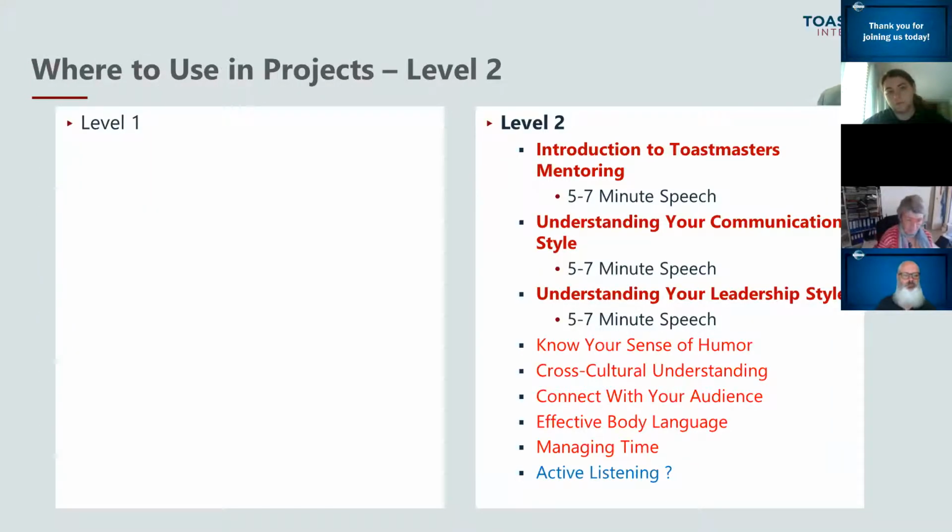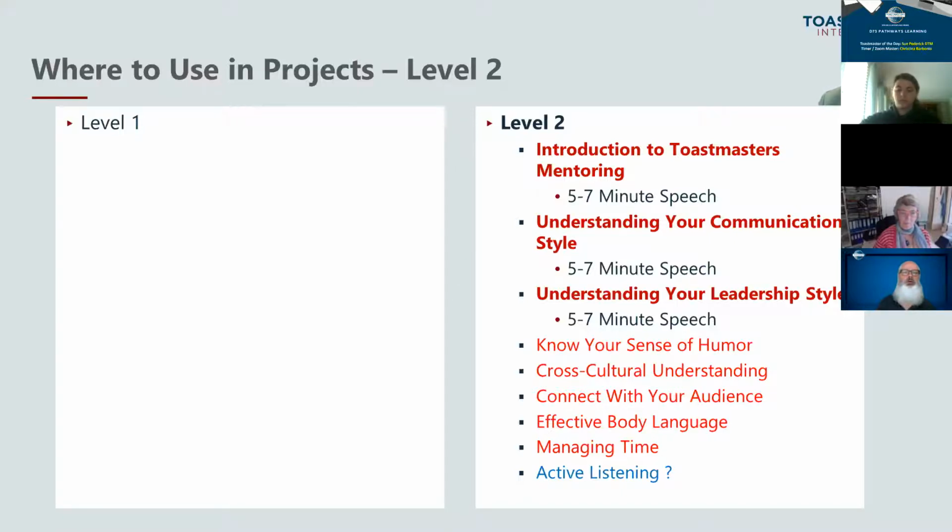I'm going to look at 3 of the common level 2s. Introduction to Toastmasters mentoring, which is done by every path. Understanding your communication style, which is done by a majority of the paths. And understanding your leadership style, which is also done by a majority of the paths.